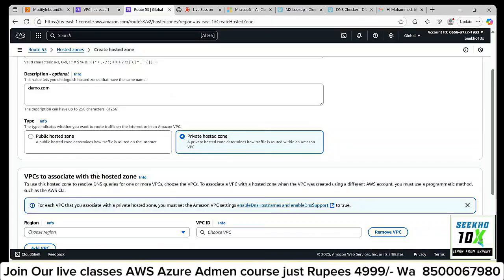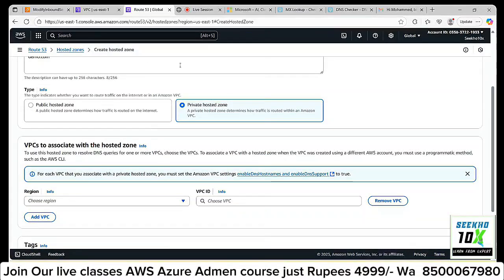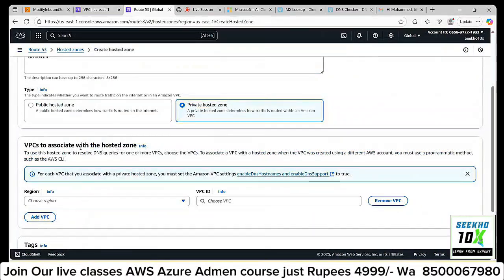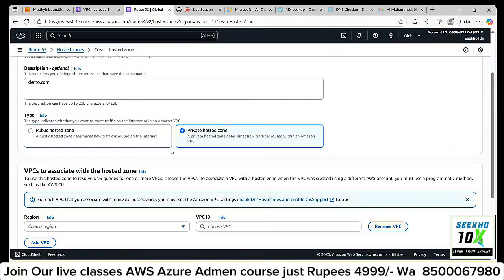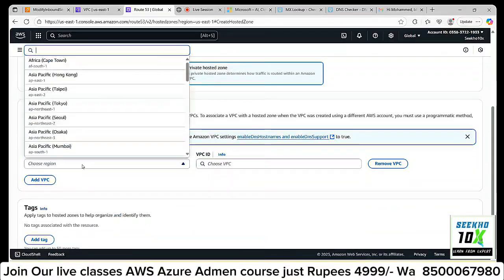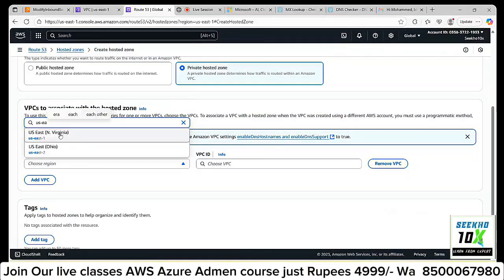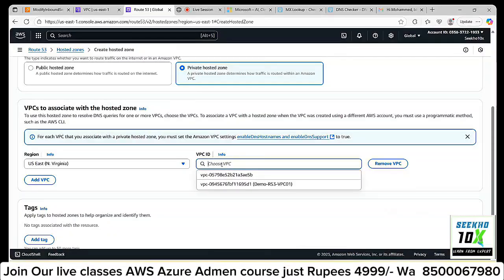Private hosted zone. And here you need to select your VPC region and your VPC ID, US North Virginia. You have a public hosted zone and a private hosted zone. I'm selecting private hosted zone, for which we need to select the region, US East 1, and I need to provide the VPC ID. Okay.